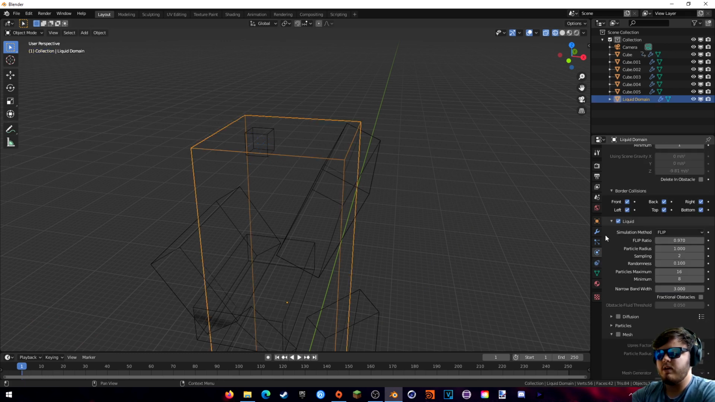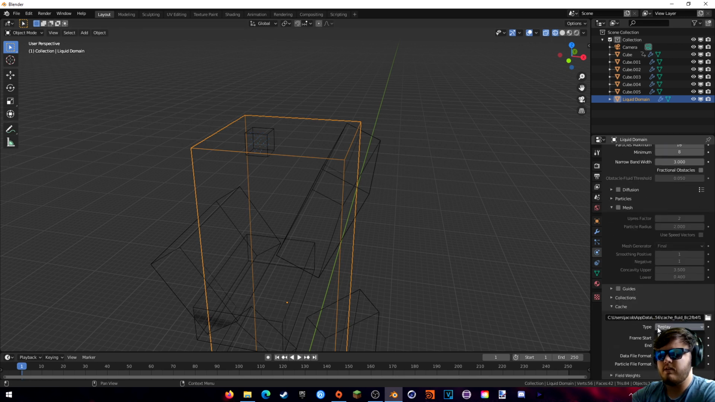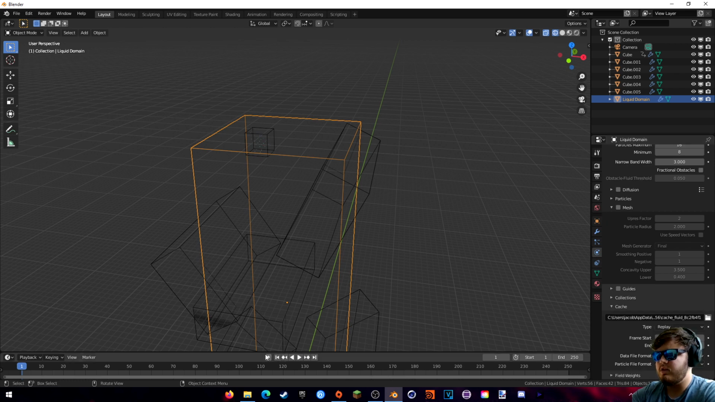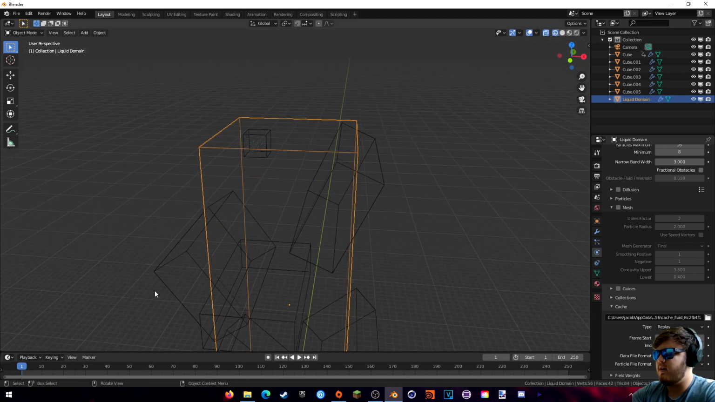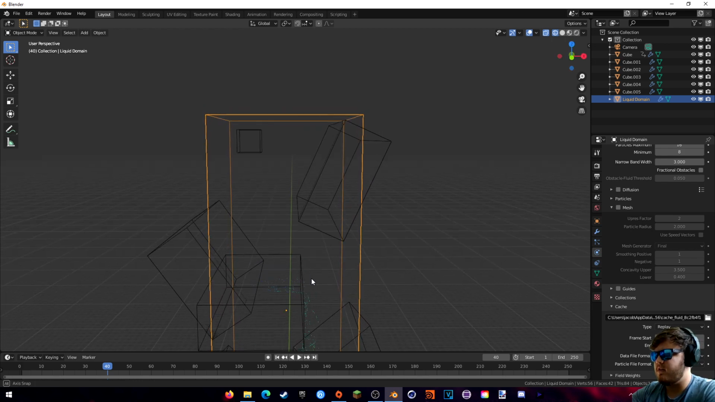To do that, we can go to the domain and then come down here to the cache and set the type to be modular. And then we're going to set it back to replay. That just refreshes the cache for replay. So now that we have it on replay, we can actually see the particles in their unbaked form, and we notice that they are affected by these effectors right here,